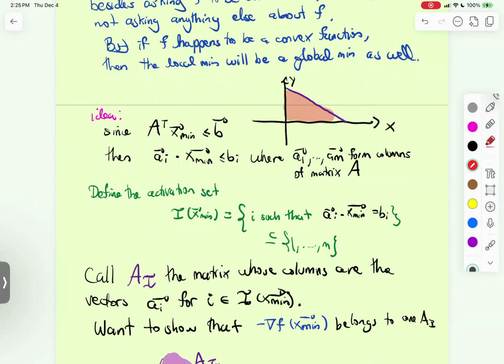For example, the convex set could be this triangle that is defined by linear inequalities if you write it down. And so if the minimum happens along this hypotenuse,